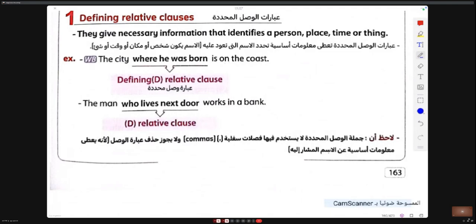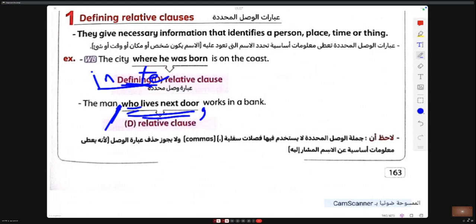Sometimes we call this a defining relative clause. When we use a non-defining clause, for example, definite and indefinite: if it is indefinite, we put it between commas. Who can come after a comma, but that cannot come after a comma.